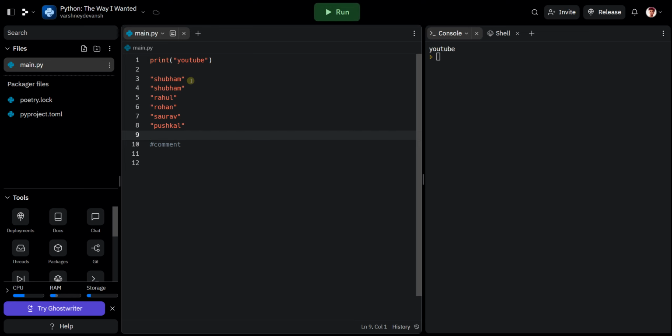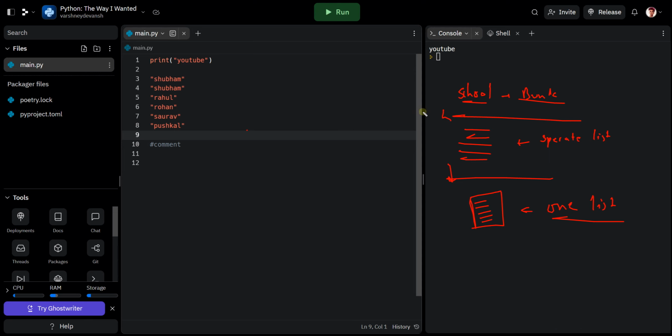No. Python has assigned them memory. This entire thing right now is placed somewhere in memory. But how would you access it? How would you tell Python this thing?